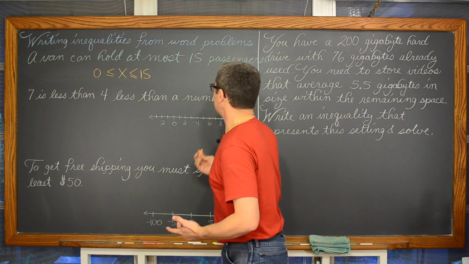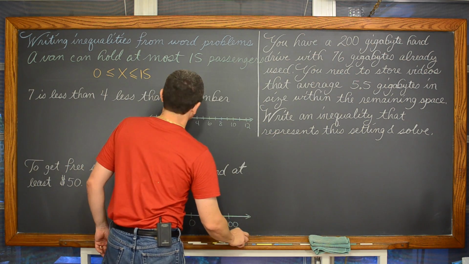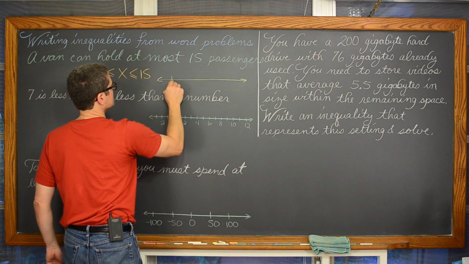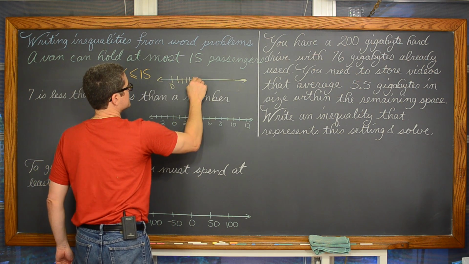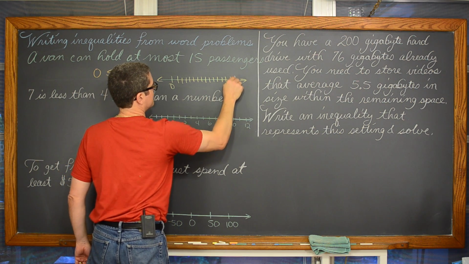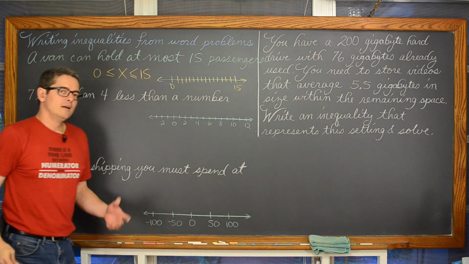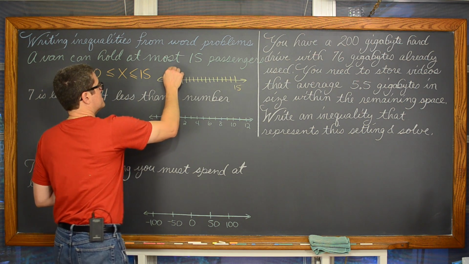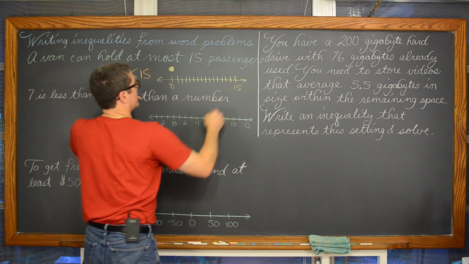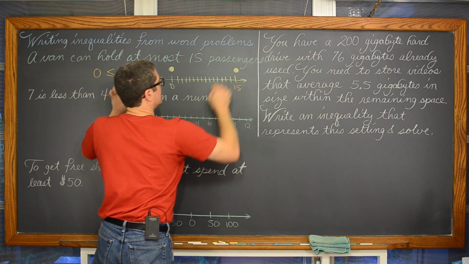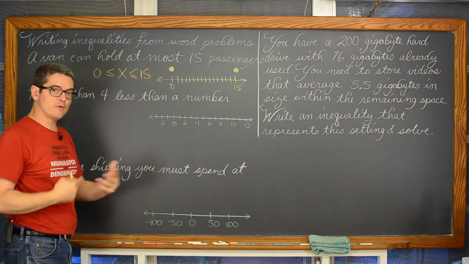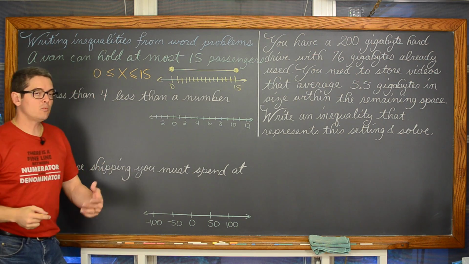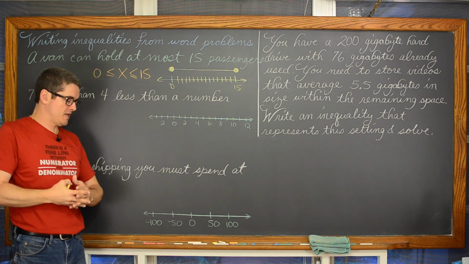So shaded on a number line, this gets into a little bit of a sticky situation as well. 1, 2, 3, 4, 5, 6, 7, 8, 9, 10, 11, 12, 13, 14, 15. Yes, I got it all in there. How would I shade that? Now, we could think, okay, a solid dot at 0 because of an equal sign, a solid dot at 15, because if we can hold at most 15 people, there's 15 seats, so 15 people can get in there, and we shade a continuous line between 0 and 15.